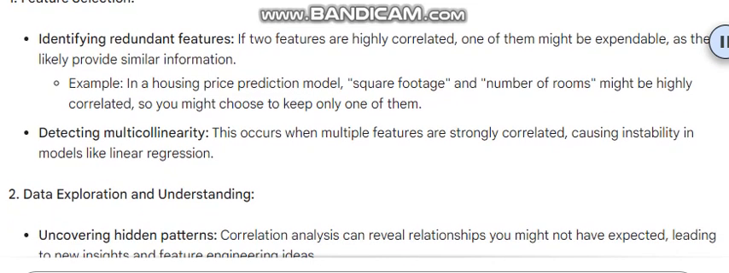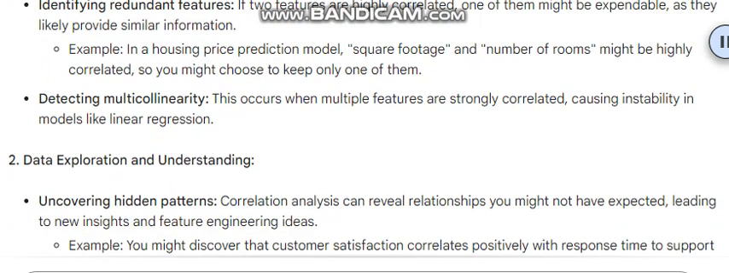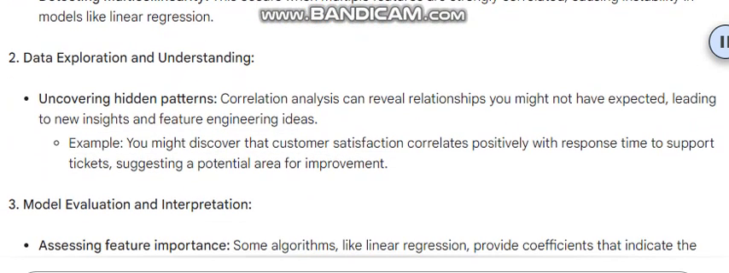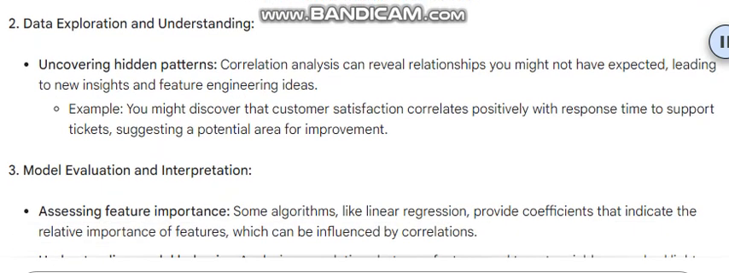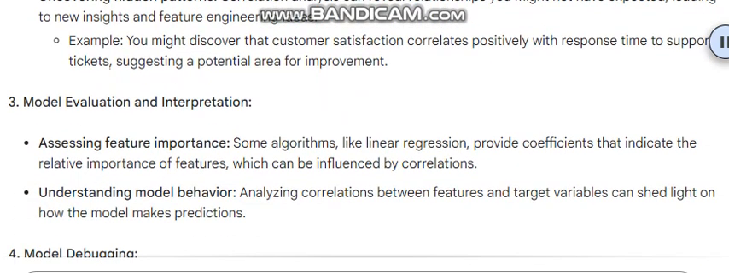Detecting multicollinearity. This occurs when multiple features are strongly correlated, causing instability in models like linear regression. 2. Data exploration and understanding. Uncovering hidden patterns. Correlation analysis can reveal relationships you might not have expected, leading to new insights and feature engineering ideas. Example: you might discover that customer satisfaction correlates positively with response time to support tickets, suggesting a potential area